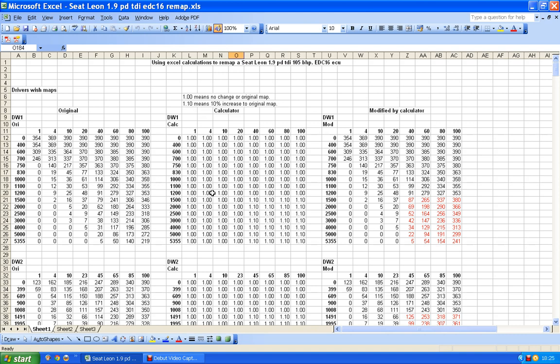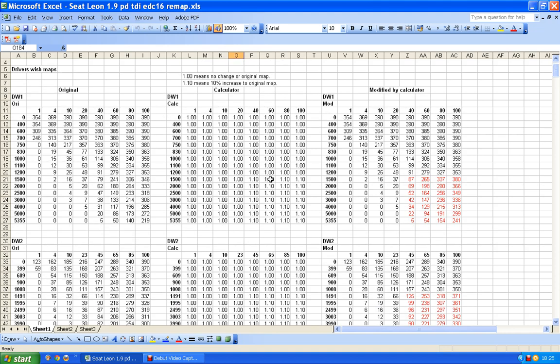Now, I don't want to make an increase any bigger than 10% when I first play around with files, so all I'm looking at here is a 10% increase. And so what I've done is I've deliberately chosen this area of the file. So I've ignored all of these possible areas, so all of that beginning there and all of these here, and I've just chosen from 40% to 100%, so somewhere in the region of halfway down on the pedal, and roughly when boost comes in at 1500 revs to maximum revs of 5355.